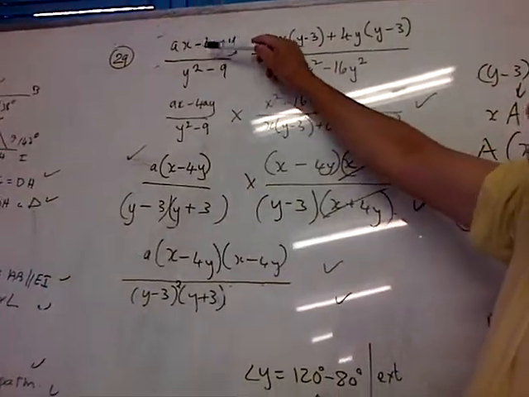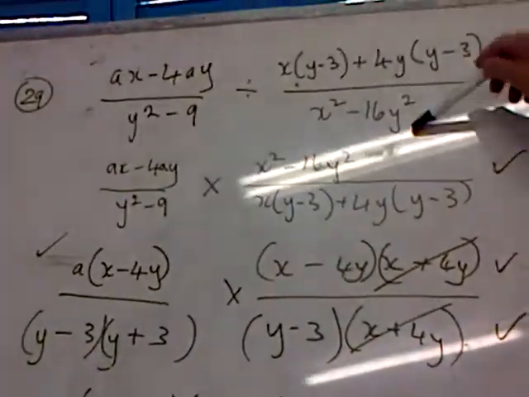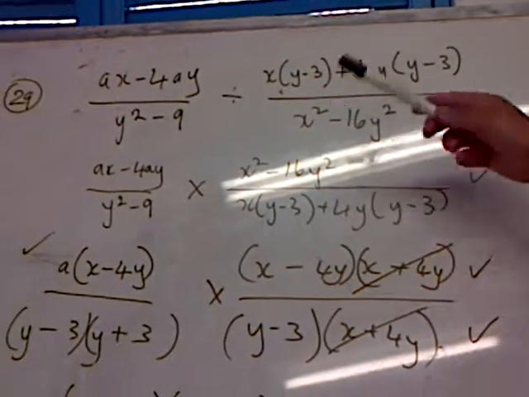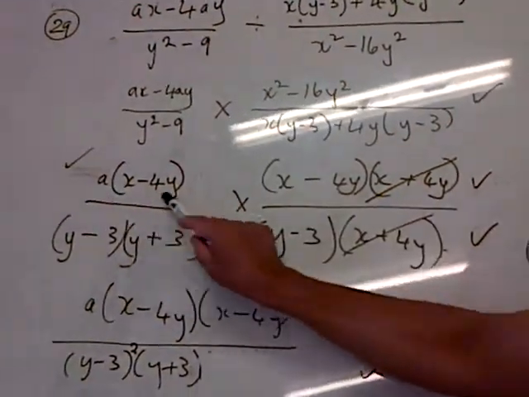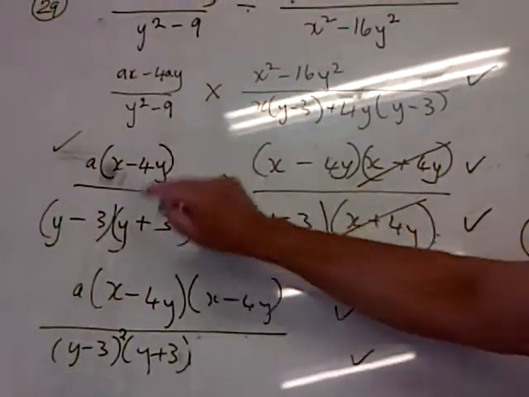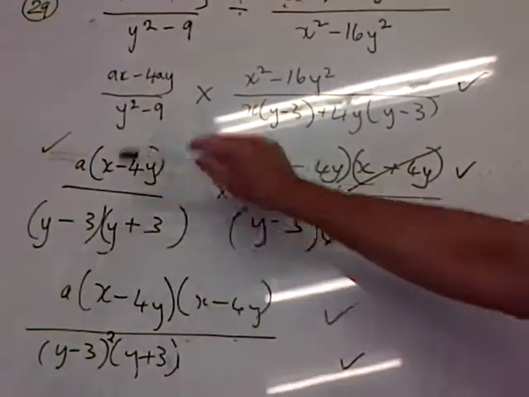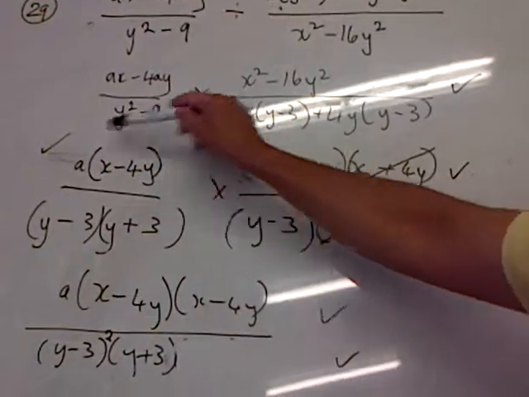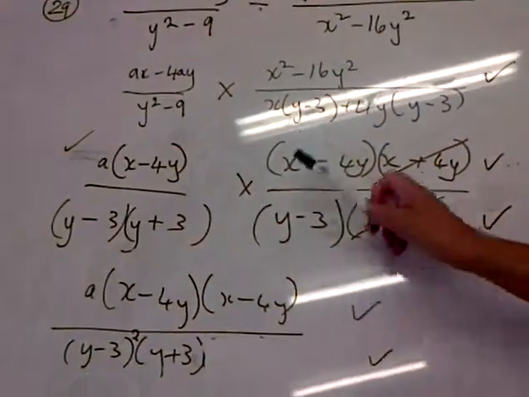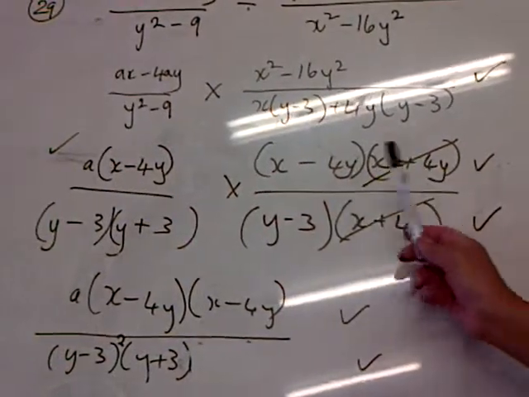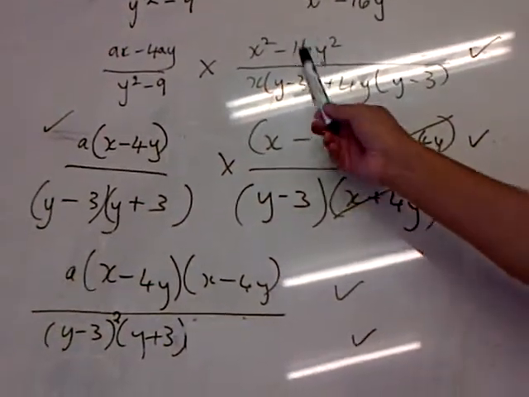Right, they ask you to do this, divided by that. First thing is swap it around. Have a look at it, what have you got? You've got a common factor, take it out, you're left with that. This is a square, you can just split it up. Y, 3, 3, minus and plus. This one the same here. X, 4 and 4, y and y, minus and plus.